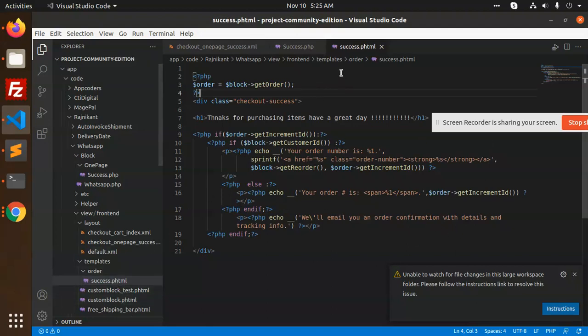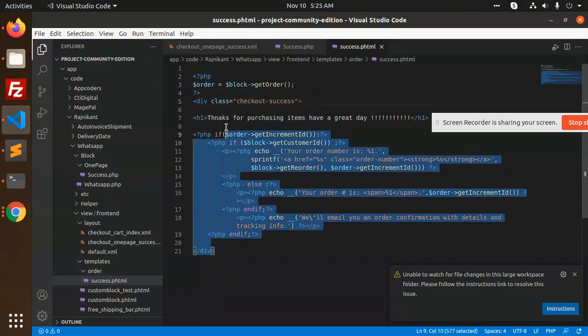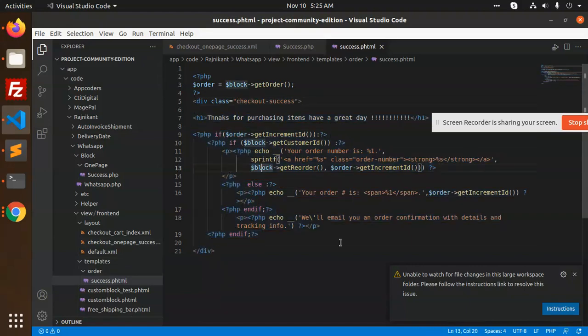And for success.phtml, you need to create it in templates/order/success.phtml and write whatever HTML you want to write, and make the success page much more interesting and fresh. Okay, so this is how we can add an additional block in the onepage success in Magento 2.